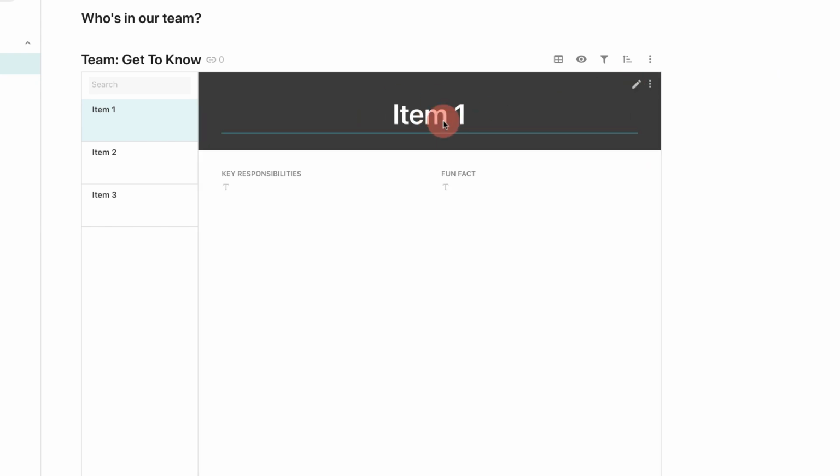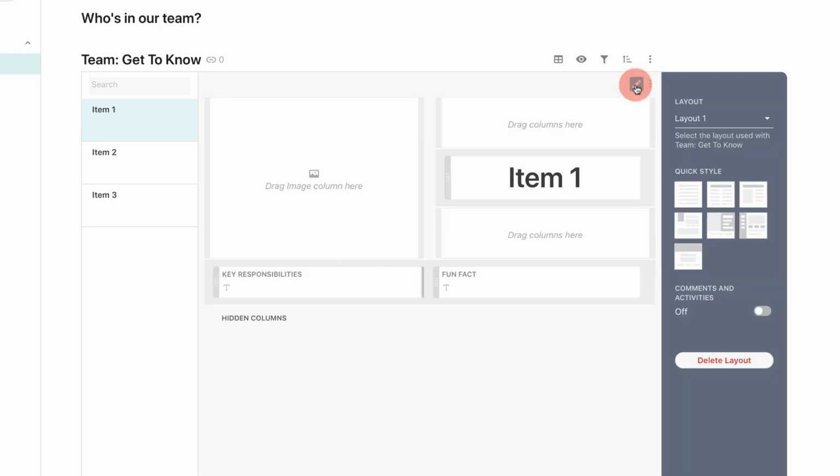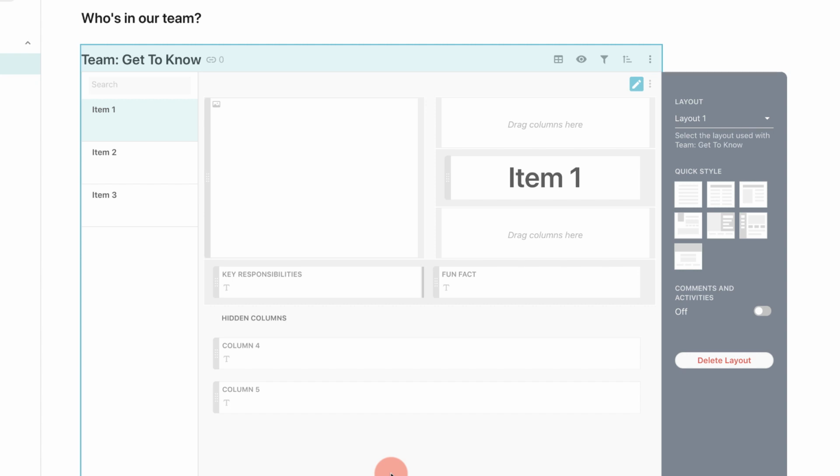So you can see here that it's appeared in a bit of a different view. And the only thing that I actually missed out doing is adding an image here. So what I need to do is make sure that the image will appear here. One of the mistakes I made is I didn't actually add an image column here. I needed to. All I did to do this was press the plus button down here and select the image